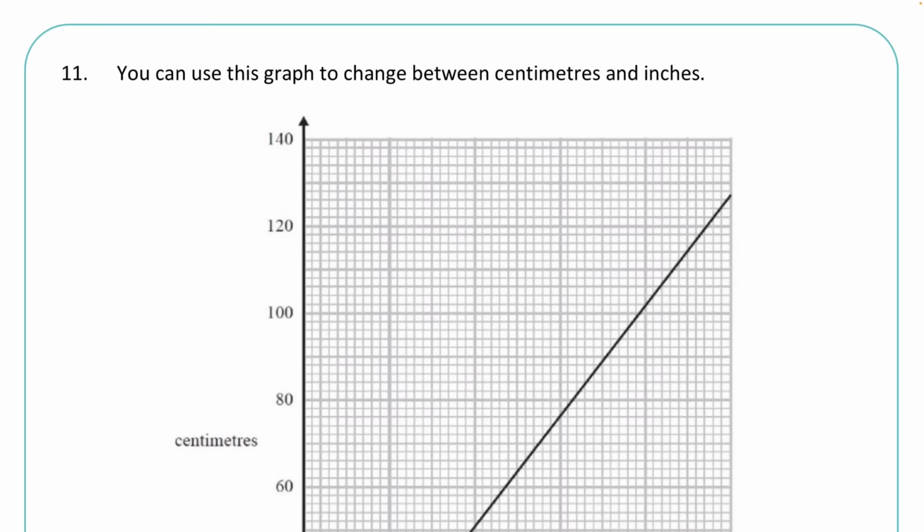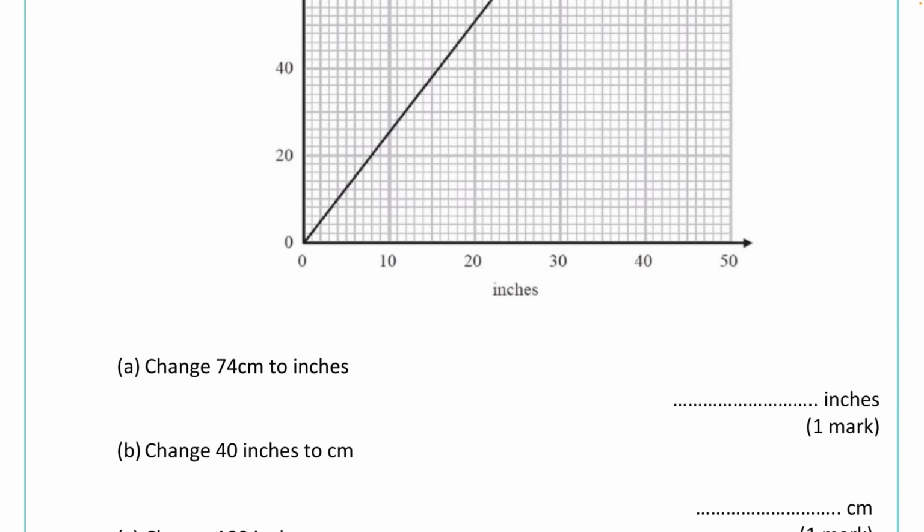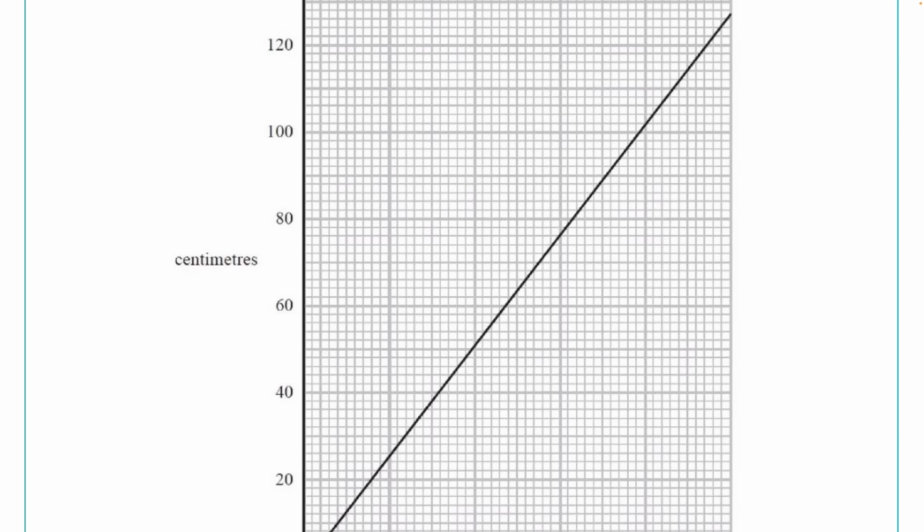So in this question, we have a conversion graph, and it says here, you can use the graph to change between centimetres and inches. So for part A, it asks us to change 74 centimetres to inches. So we want to find the centimetres, we want to check the scale. You can see here where around 74 is. Between the 60 and the 80, we've got 70 in the middle, and there are 5 squares between 70 and 80. So 10 divided by the 5 squares gives us 2 per square,